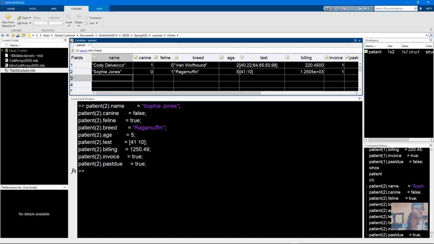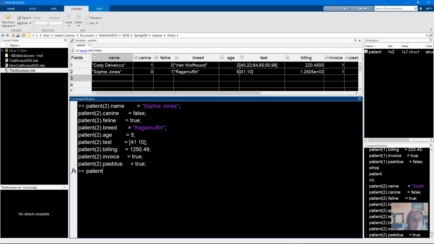And obviously we can continue on to add new patients, and we're indexing the array, the structure array, by the index 2, right? So the next one we would increment to number 3, patient number 3, enter in the field names. So let's take a look at that. If we have patient number 3 dot name